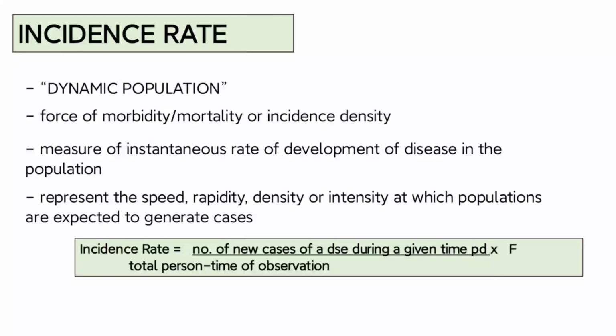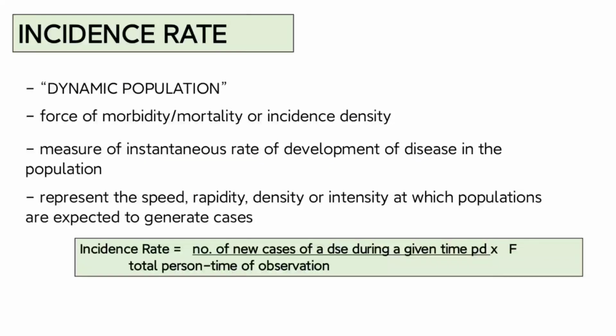So, it measures of instantaneous rate of development of disease in the population. And incidence rate also represents the speed, yung rapidity, density, or intensity at which populations are expected to generate cases. No? So, incidence rate, so